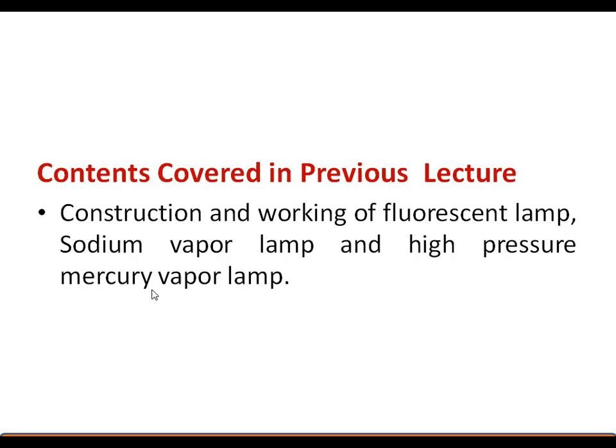After 10 to 15 minutes, 100% light is emitted from the sodium vapor lamp. The color is yellow. The high pressure mercury vapor lamp emits a bluish light. It takes 5 to 7 minutes to emit 100% light. It consists of a starting electrode and the main electrode. Initially, the discharge occurs between the starting and main electrode. Argon causes the discharge. Later, the solid form mercury is mixed with the air by vaporizing. Its efficiency is also 30 to 40 lumens per watt, and working life is about 3000 hours.